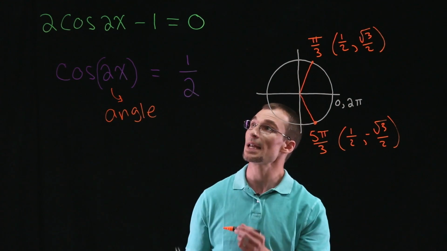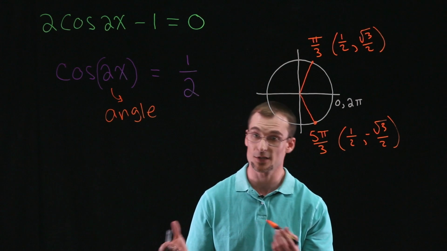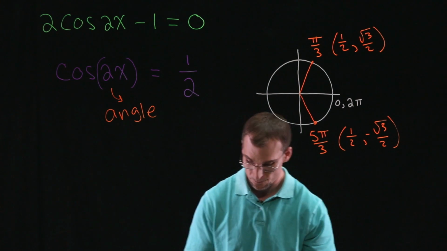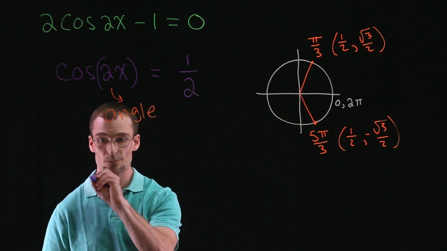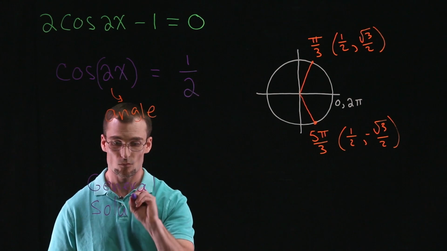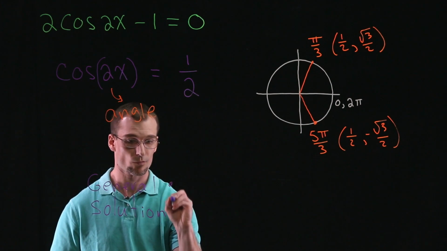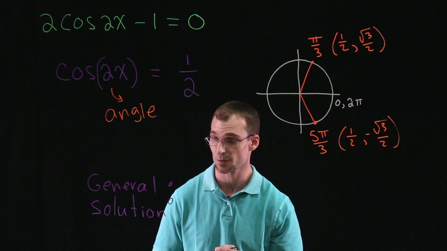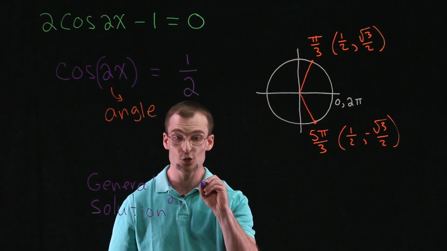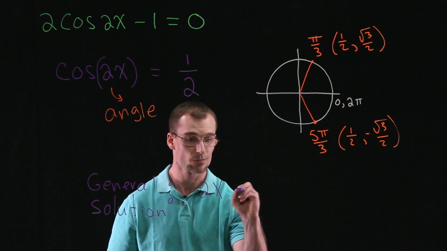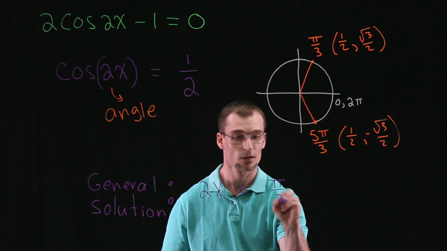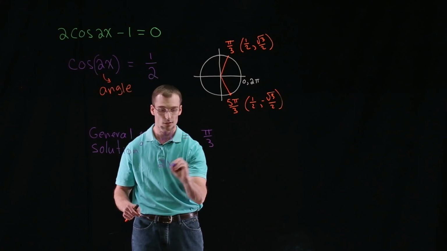Now, if you notice, we're not given any restriction on the angles, meaning nothing like 0 to 2 pi or 0 to pi. So this means we want a general solution. So our general solution, again, meaning all possible solutions. Now we're going to start the same way we would for our angle, which is here 2x. 2x can be equal to pi over 3, or 2x can be equal to